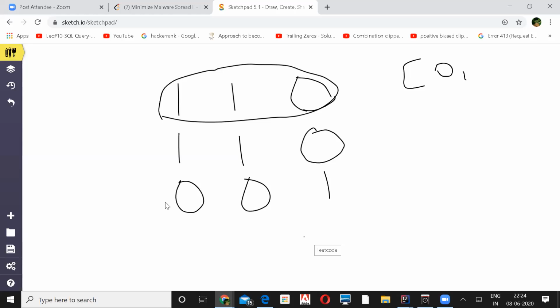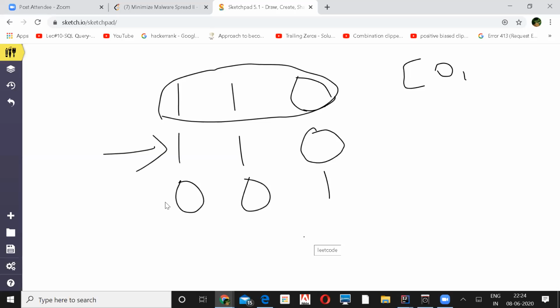Right. So if you see on your 0th row and the first column, you have 1. In the 0th row and the second column also you have 1. And on the first row and the 0th column, you have 1. So they are connected to each other, correct? Yeah.